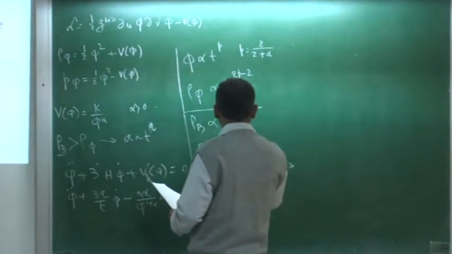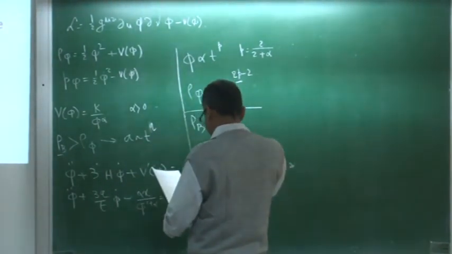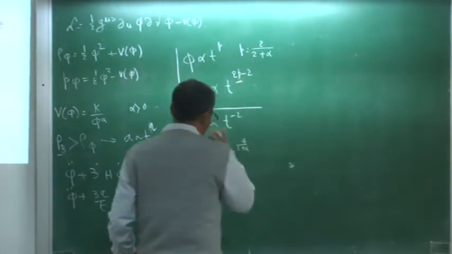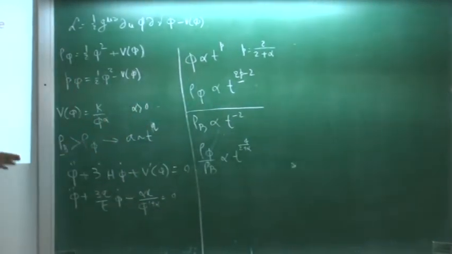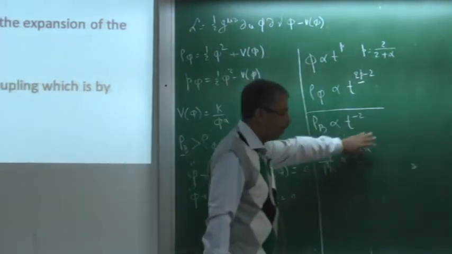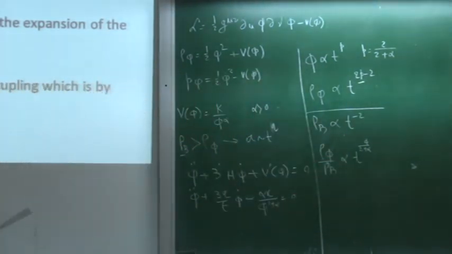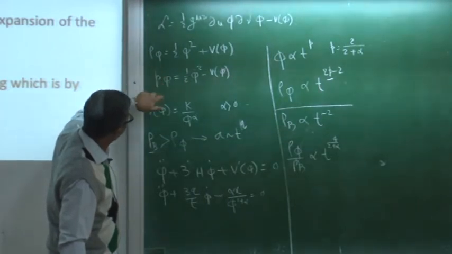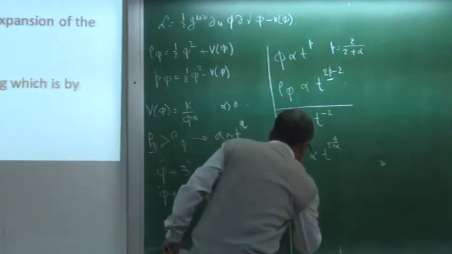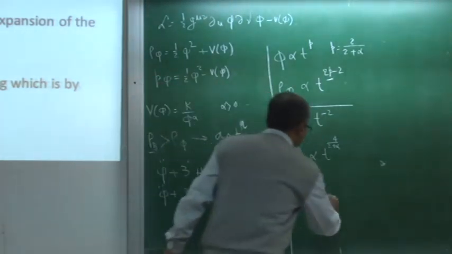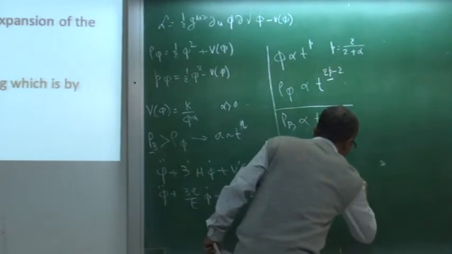which is proportional to t to the power 4 by 2 plus alpha, and it is basically an increasing function of time. So at some point of time, rho phi will always dominate over the rho background. Right? I can also divide p phi by rho phi to get omega phi, and I can calculate what my omega phi is. If you do that, it's just a simple calculation. You will find that it will come out to be